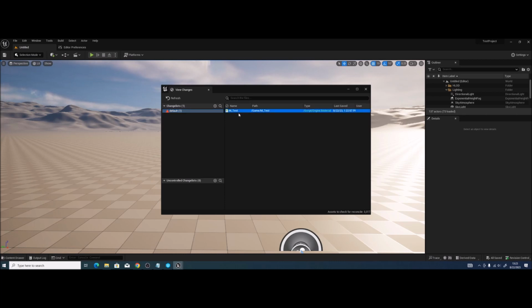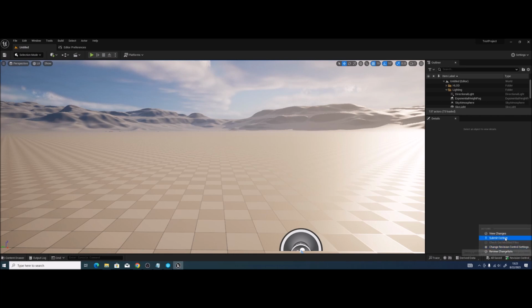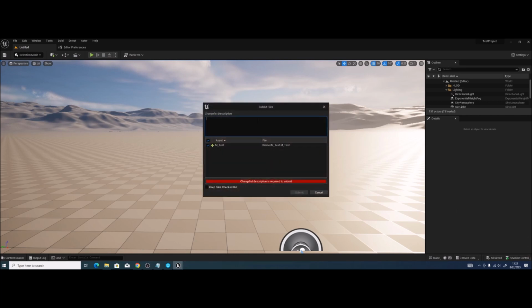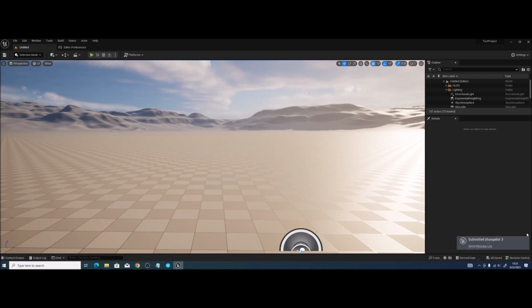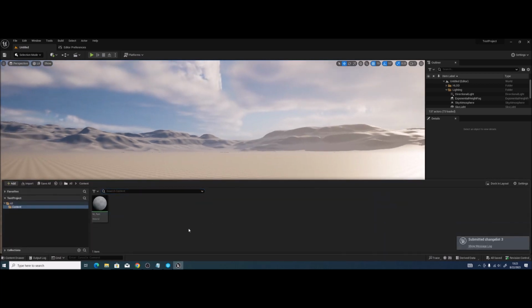So you have m_test, which is the material I just created, so we can close that, and then we're going to submit our content. So I'm just going to go test commit, and down here keep files checked out, you tick that if you want to actually keep the file checked out, which means no one else can touch it. I'll show you that in a sec. So I've now submitted change list 3,